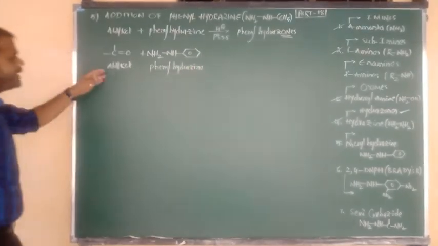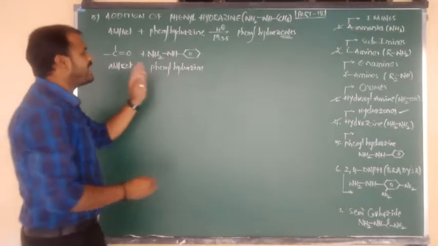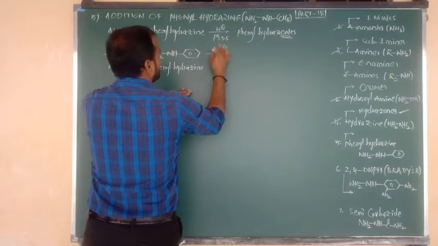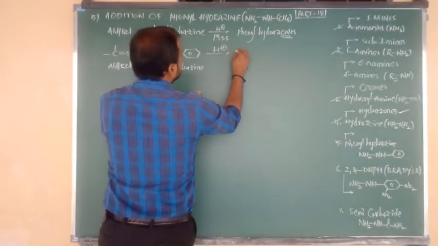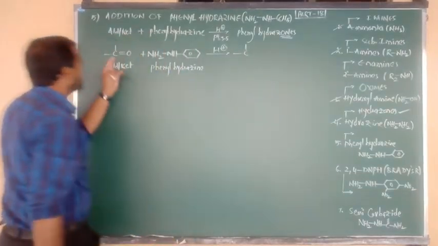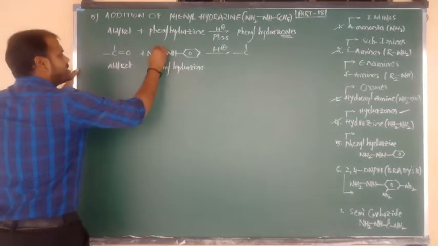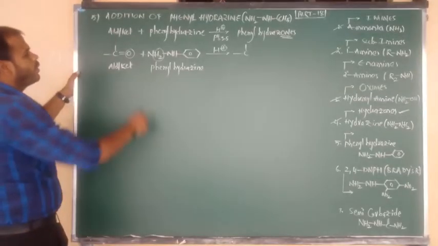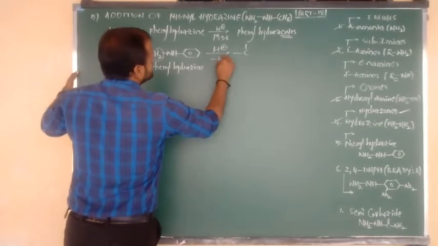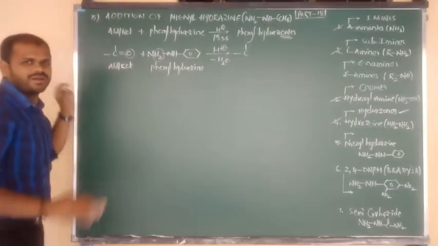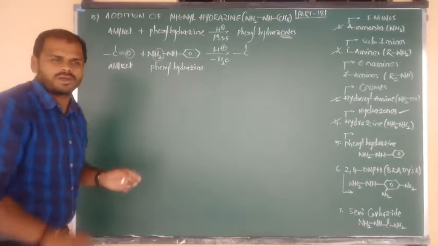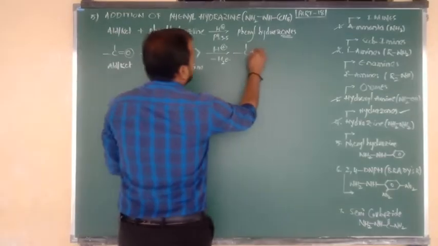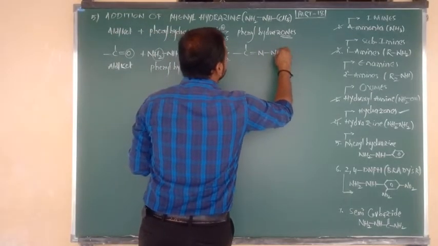Okay beta, aldehydes and ketones on addition with phenyl hydrazine. The addition takes place in an acidic medium using the same pH value. The product formed is again the same thing, carbon containing 2 bonds. From phenyl hydrazine we have to remove the H2, and from aldehydes and ketones we have to remove the O. H2 combines with O and is eliminated in the form of H2O. Remaining, we write the condensed product: C double bond N, N bond NH.